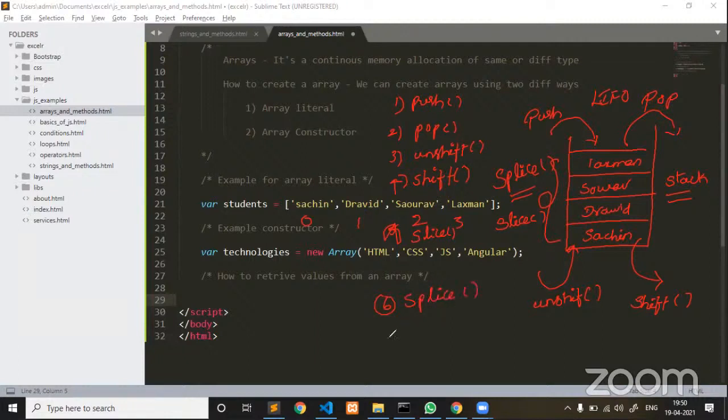Now among all these, there is one more, the seventh method, sort. These are the frequently used methods. Since it is a crash course, I don't want to explain unwanted items here. I would like to talk about only the wanted items.